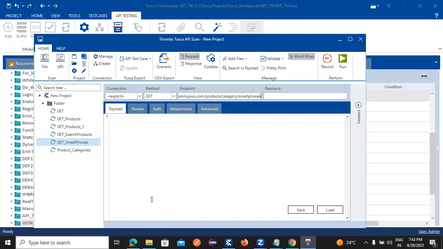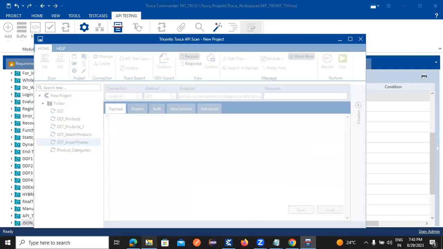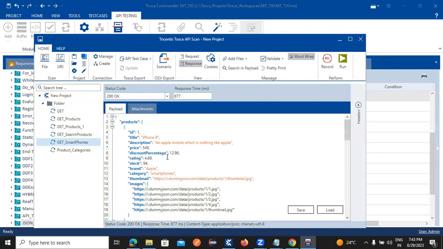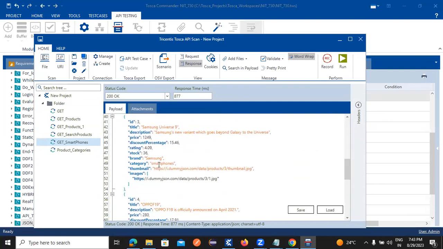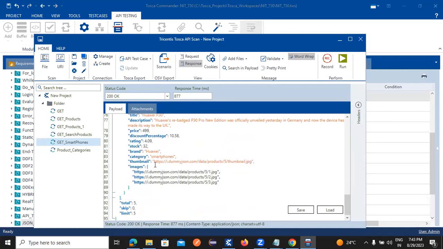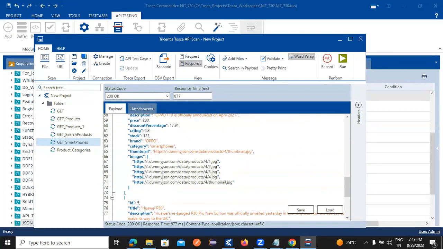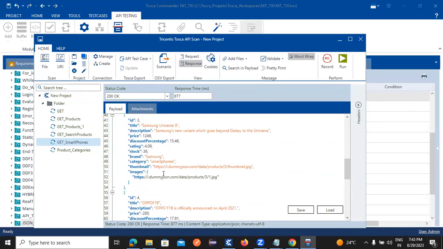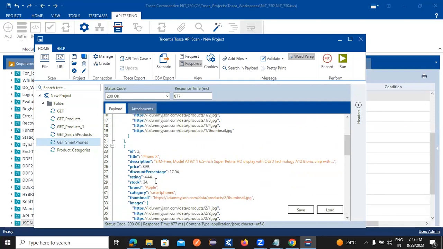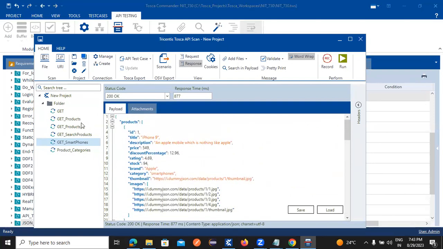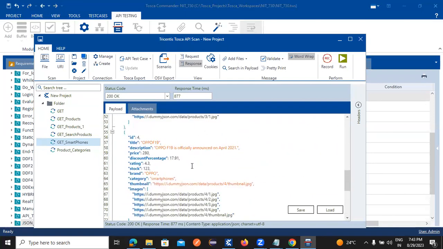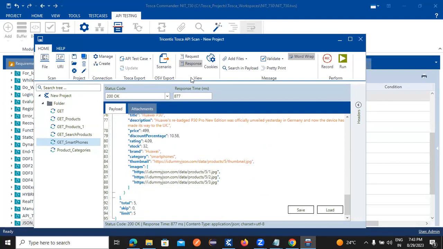I want to get the smartphones through payload. See guys, I am able to get how many smartphones are available. All the smartphones, I am able to get the information. Once I got the information,